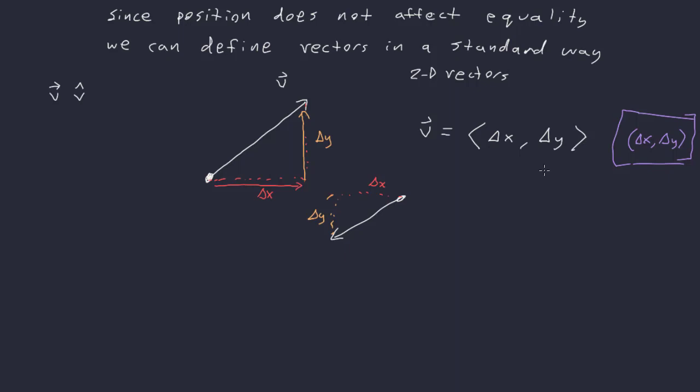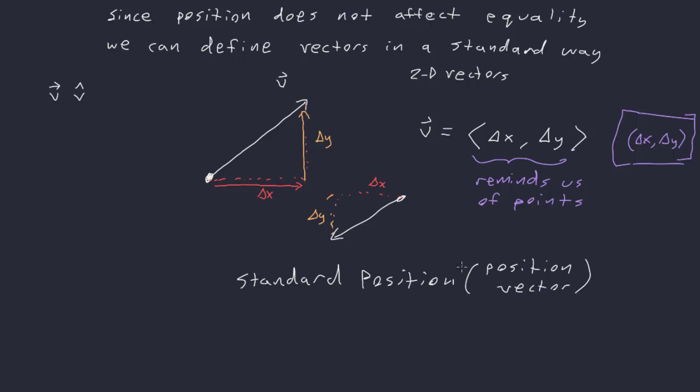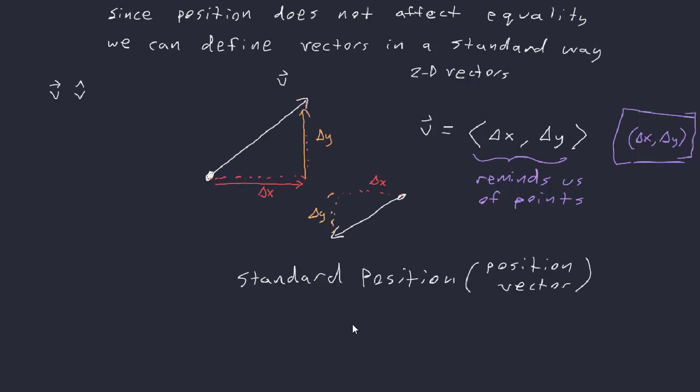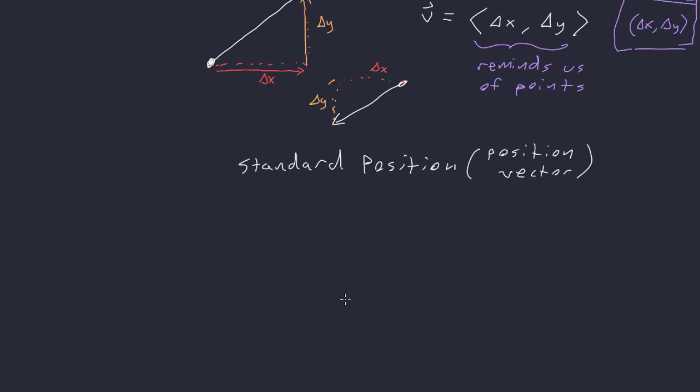But there's another reason why this is written kind of like a point, right? This should remind you, it's reminiscent of a point, right? And that's because a vector in standard position, right, which the book often calls a position vector, is a vector centered on the xy axis at the origin. Right? So if I have a vector here